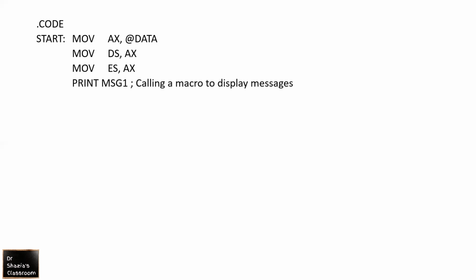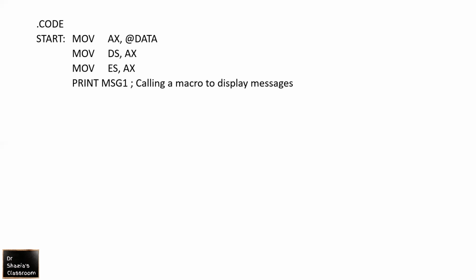Next, I will start the code segment, .code. We are going to initialize the data segment: mov AX, @data, mov DS, AX. Then I am going to initialize the extra segment: mov ES, AX. Then I am calling my macro, print message 1. Whenever you write the macro name print, actually,